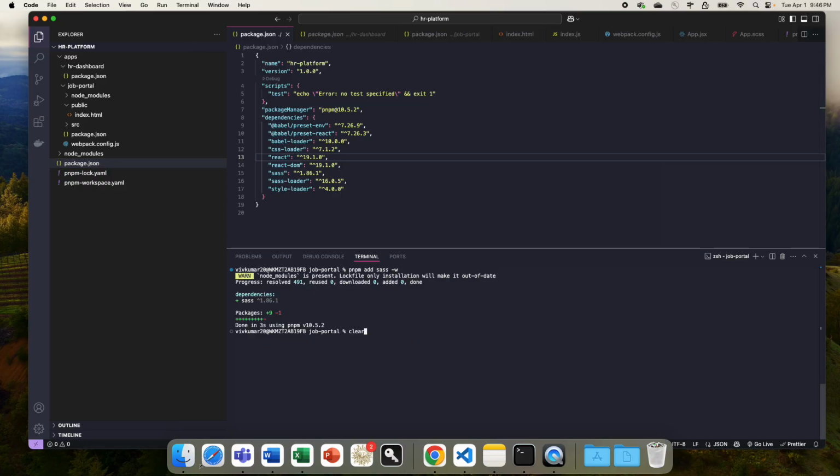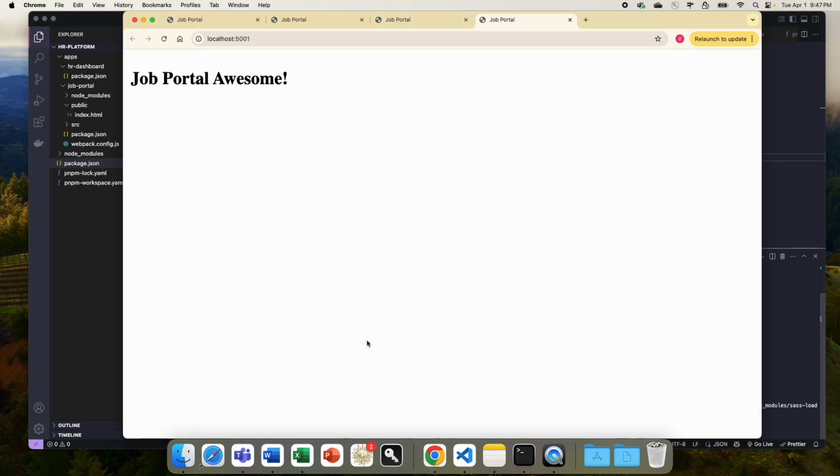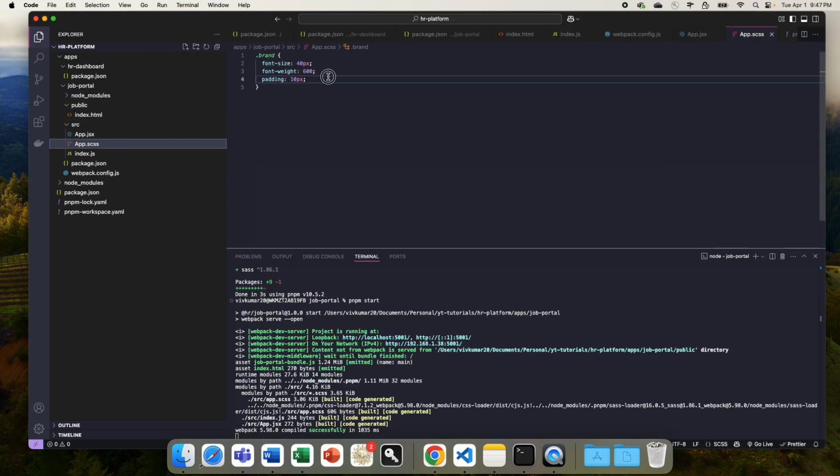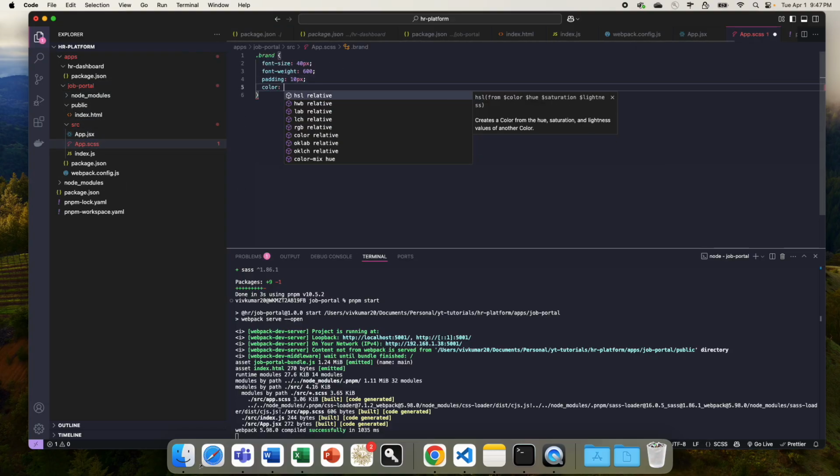Okay, if I write pnpm start now, it's working. As you see, this is now in bigger text. Okay, let's say if I do some changes here in the app, let's say if I change this color to green,